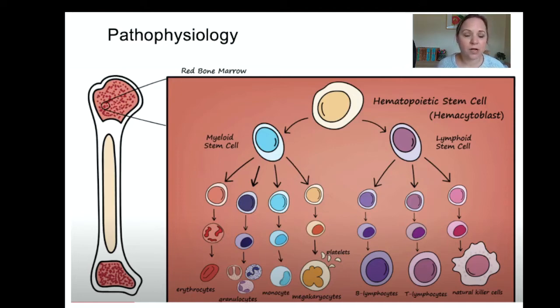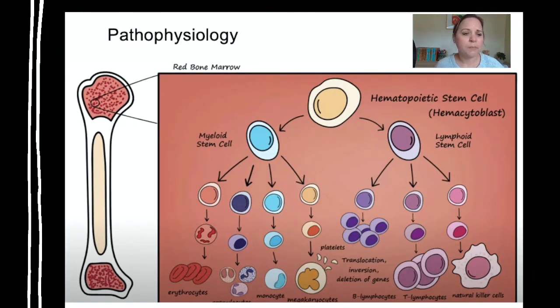Now remember, all of these start in the bone marrow, and then many of them stay in the bone marrow to grow up, but then the T cells migrate up to the thymus gland to finish growing. And so this is how our blood cells grow in the bone marrow. But what happens with